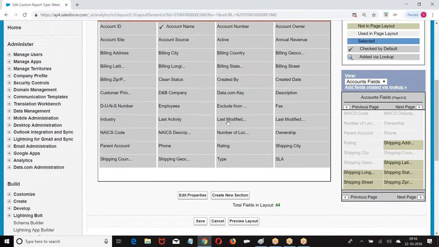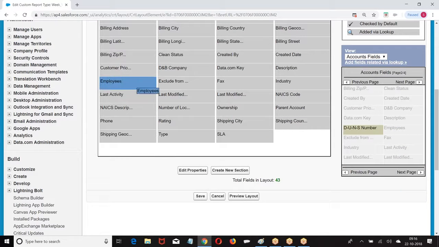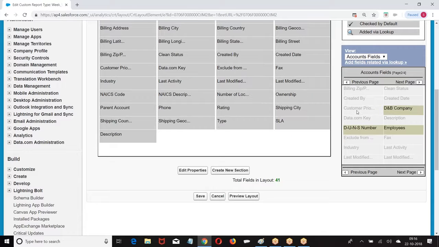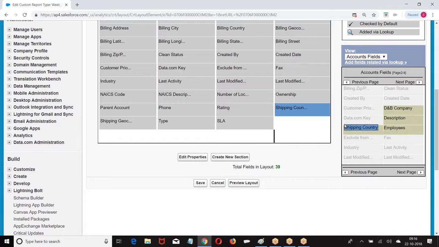Like this I remove. So whatever fields are left out, only those fields will be in the report. Whichever fields you don't want, you can simply remove them. Look at the format. I am removing the fields which I don't want.